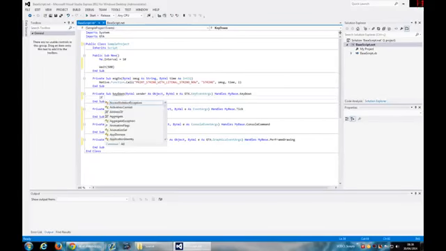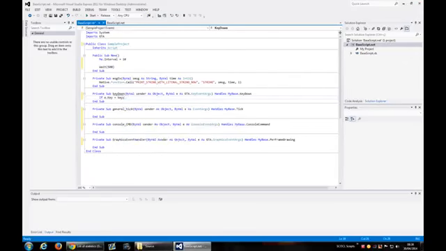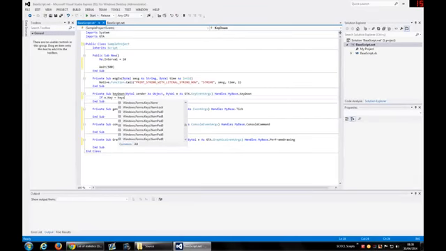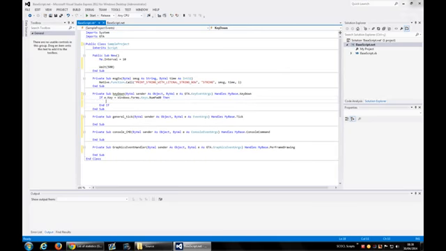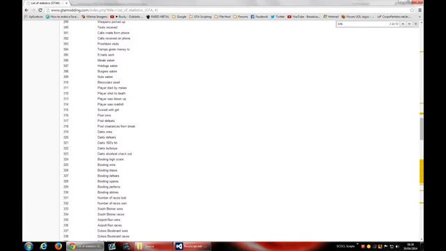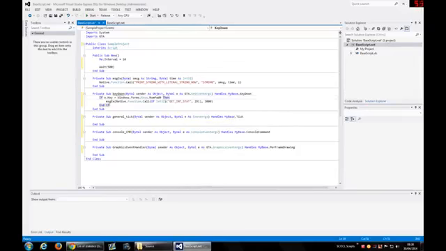So when the user presses the key, then I will show this message on screen for, let's put 3 seconds. It will show how many people the player killed. This one here, armored kills.